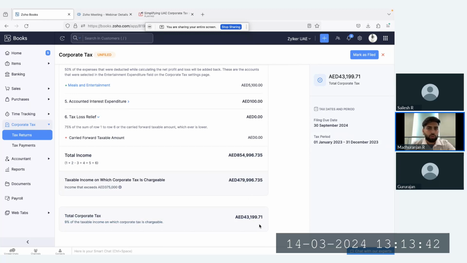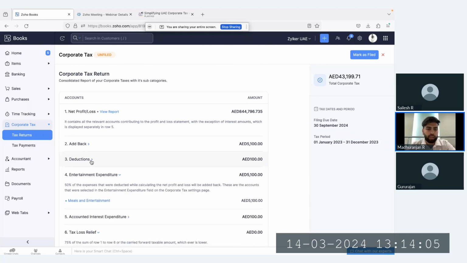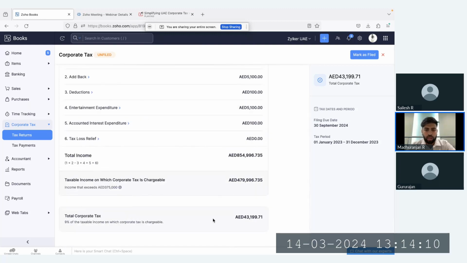Okay. And I would like to insist on a specific point here. Kindly note that FTA as of now has not given any specific format as such for the corporate tax return. So this is being done based on our handling only. So this is moving further. If they provide a specific format, we would be handling that as well. Okay, so this is a format that we ourselves are handling within Zoho Books, and you can see the total corporate tax, which is